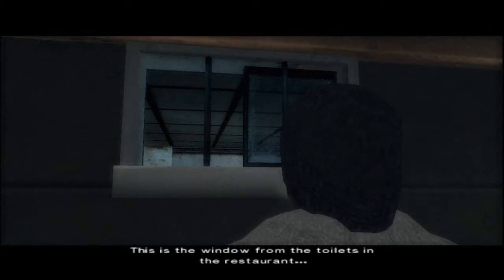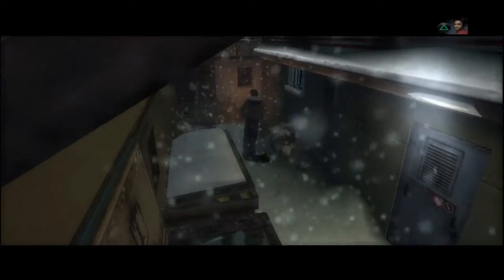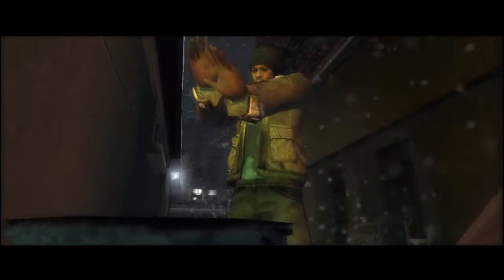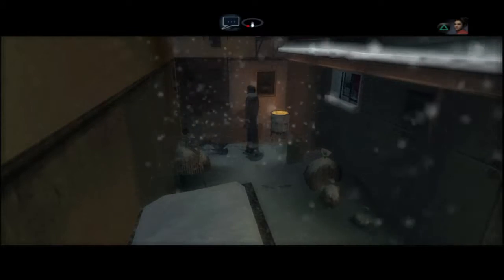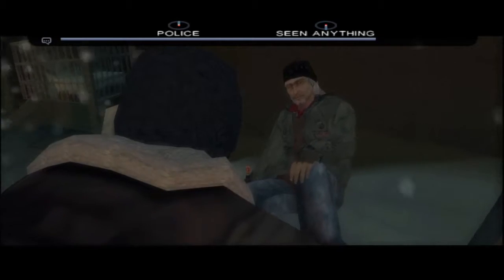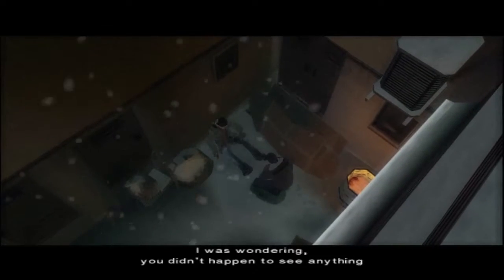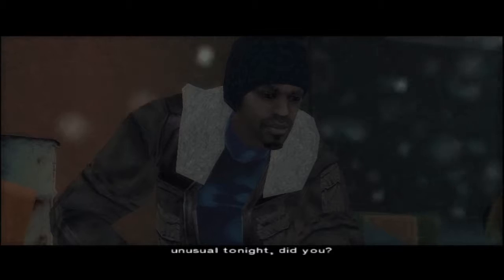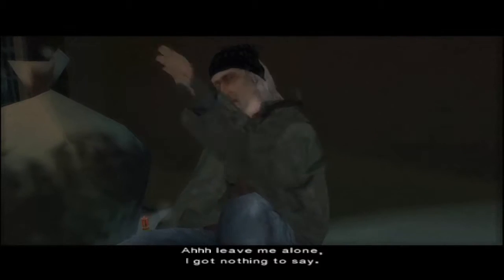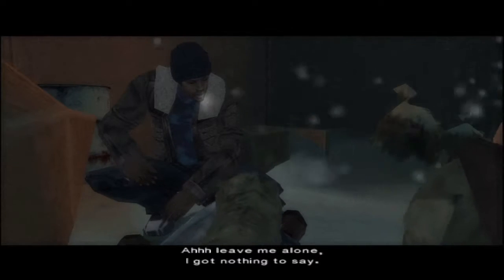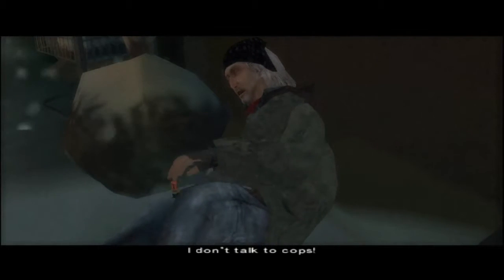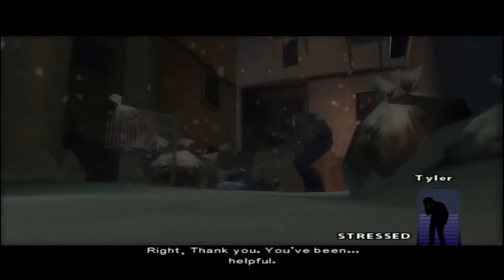This is the window from the toilets in the restaurant. Yo. What do you want? I was wondering, you didn't happen to see anything unusual tonight, did you? Ah, leave me alone. I ain't got nothing to say. I don't talk to cops. Right, thank you. You've been helpful.